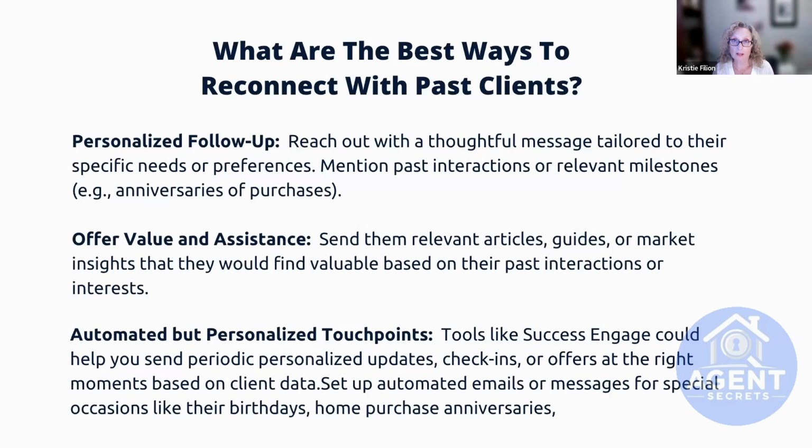So we can set up automated emails and messages for special occasions like birthdays and anniversaries, and we have some brand new action plan settings in Engage now that will allow you to send these messages out automatically. So I'll show you in a couple of slides how you can update your leads to include a birthday or an anniversary, and then assign an action plan to those dates so that people get those messages from you automatically.